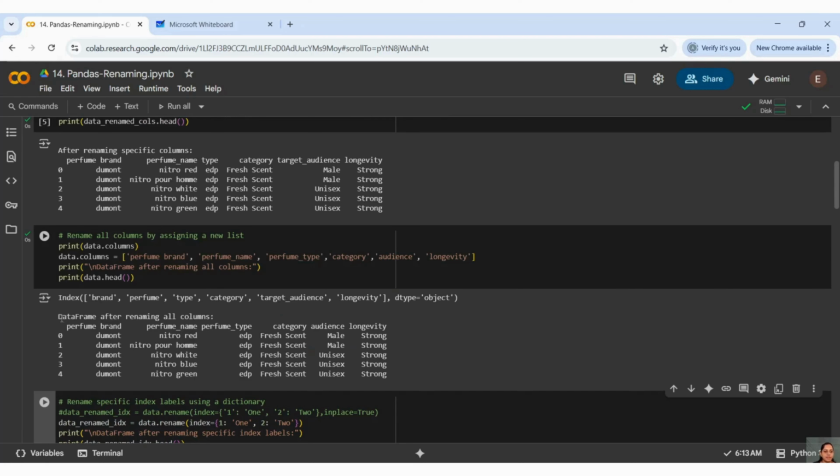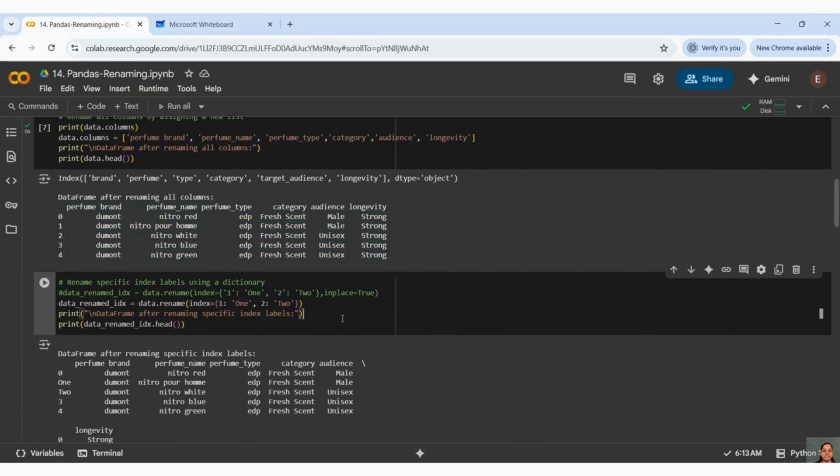Now you can see that all names got changed here, and based on my new column names, the columns changed. So why do we need this activity? Sometimes when you are getting data sets, there are a few names which are very long, very big, and you want to keep them in a readable, machine readable format, which will look good when you see the large data set.